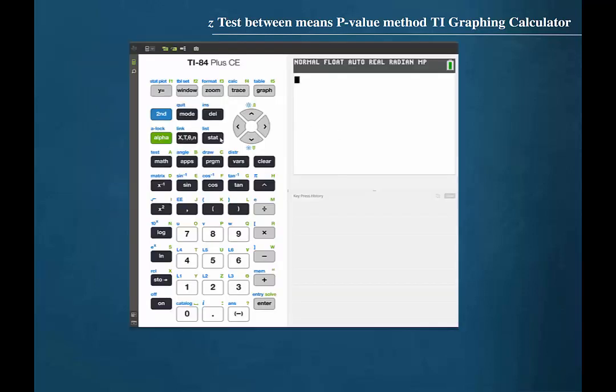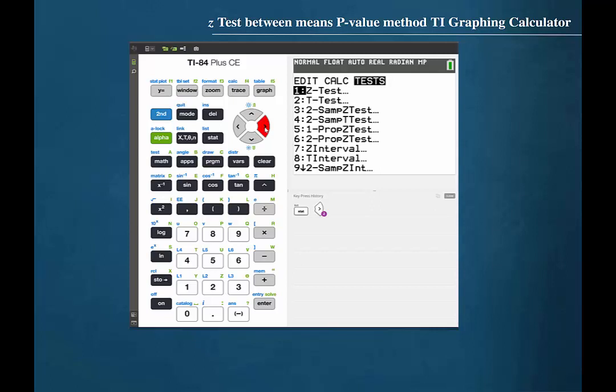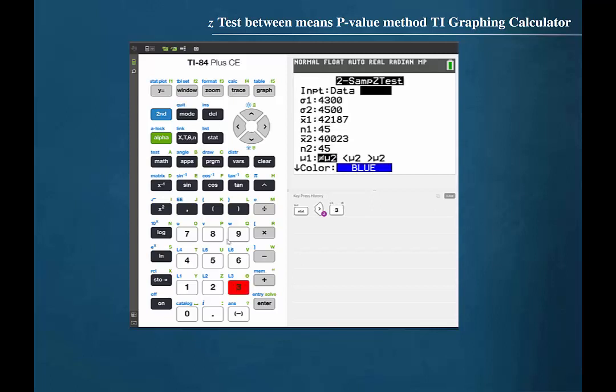We will begin by pressing Stat and then cursor over to Tests. This is a two-sample z-test, so we will press 3. Cursor down and enter 4,300 for the population standard deviation for Group 1. Then cursor down and enter 4,500 for the population standard deviation for Group 2. Cursor down and enter